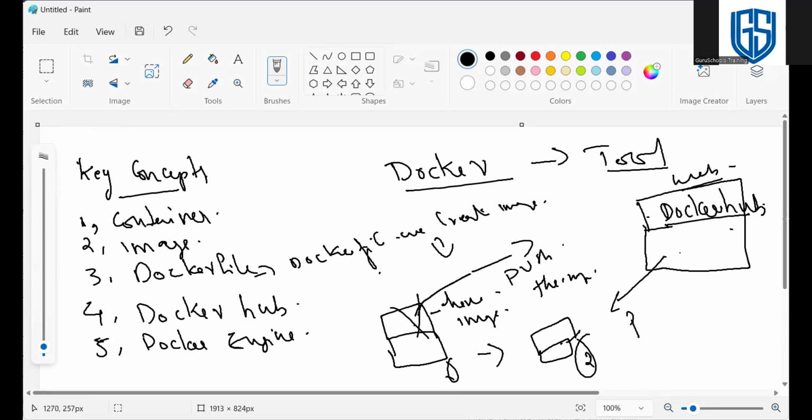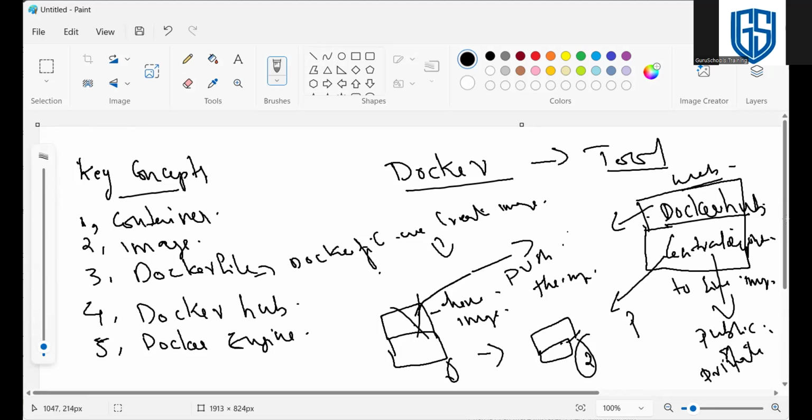This is a central repository to save images. Here we can see a lot of images, public images and private images. Public images are open source images, like common images for running some applications.